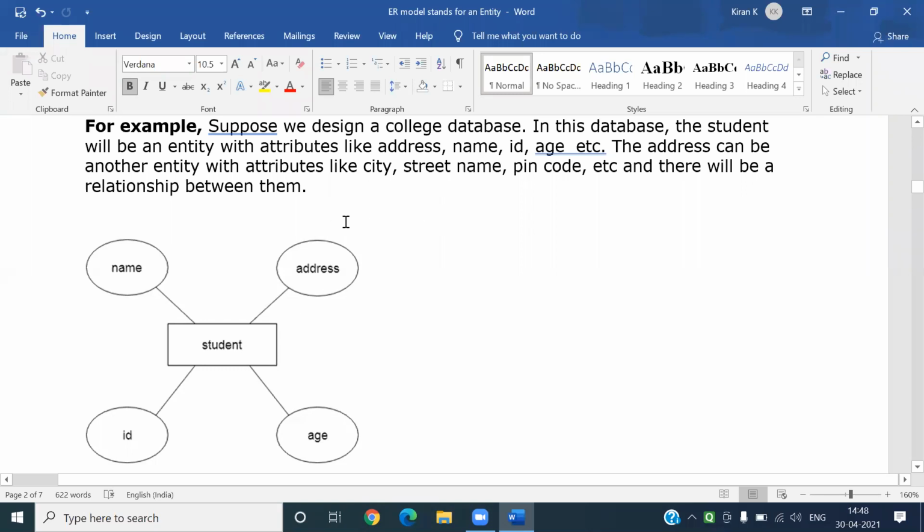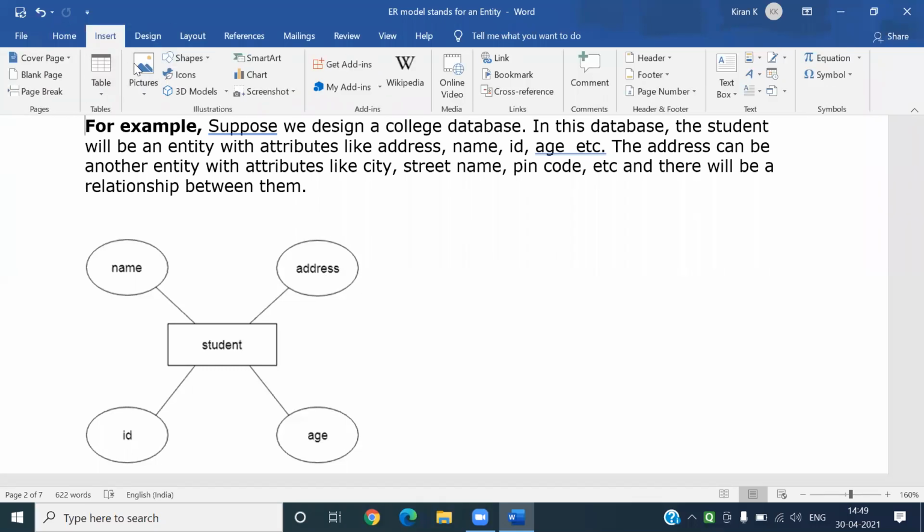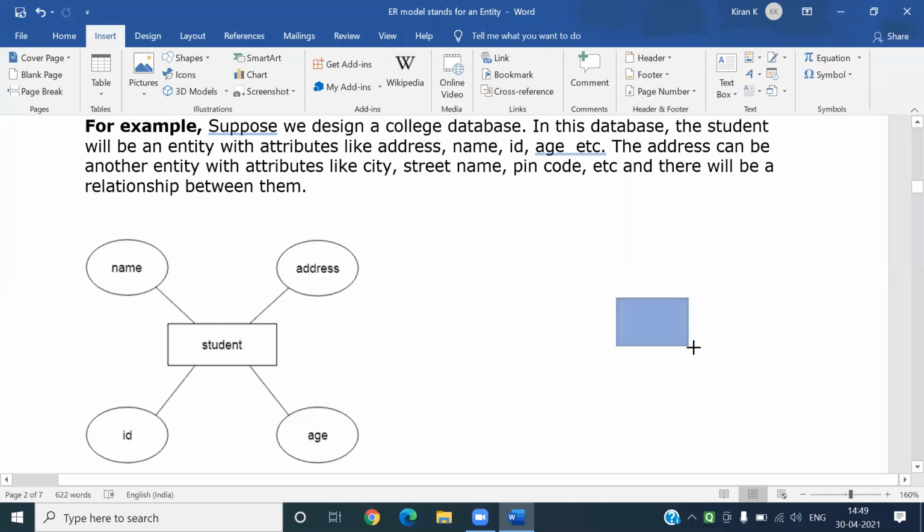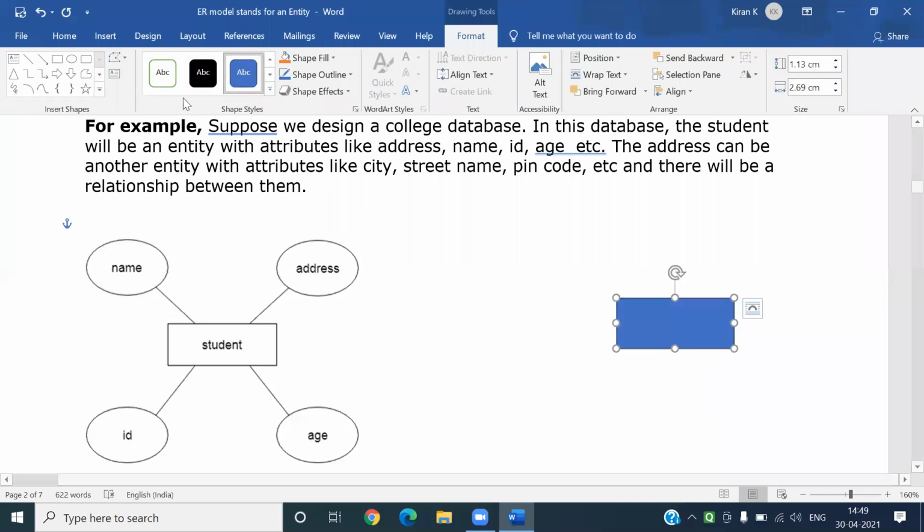Student entity, right? This address can again be an entity. How? See how it is done. An address can also be again an entity, my dear friends. I'll show you. See, this is address. So address will have